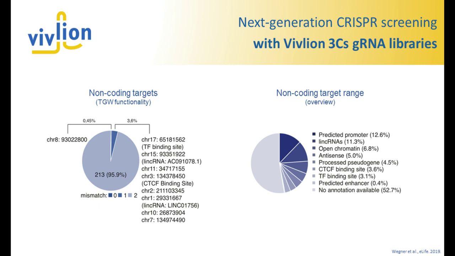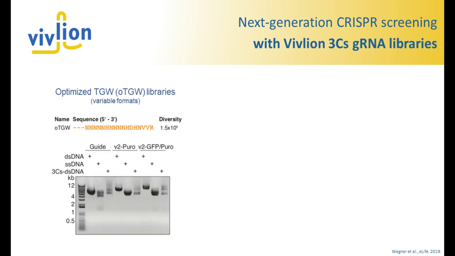And this is, of course, ongoing in the labs to basically validate them individually and see what is going on there. So now this was what we call the TGV library, the truly genome-wide library, and of course it is very, very big and probably too big to handle. So what we did is we generated an optimized version of this, using a truncated version, and this has been shown before. Truncated gRNAs down to 17 nucleotides have been reported to be similarly active as guides with 20 nucleotides in length,